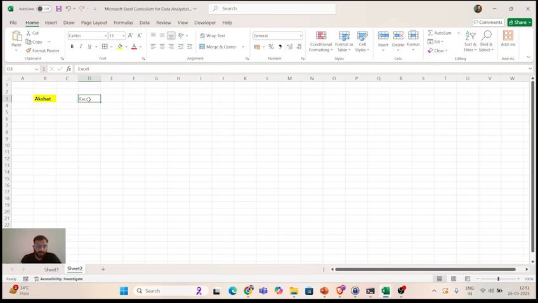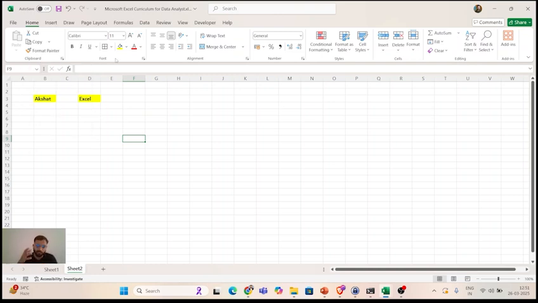Either you can do it manually, repeating all those three steps again, but the shortcut is to click on the Akshat cell and go to the format painter, and it will pick up that format. Whatever format is there in the cell, it will copy that, and when you click on this Excel, it will be pasted right here. Now both of these have the same format. You can do this across sheets, across columns, and use similar formatting in any other space, correct? That is one example of the format painter. I hope that's okay.